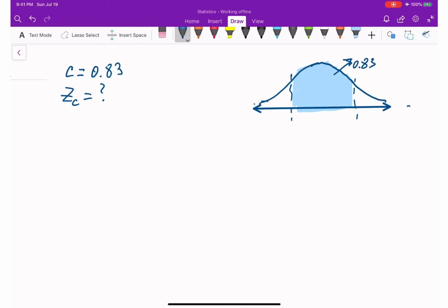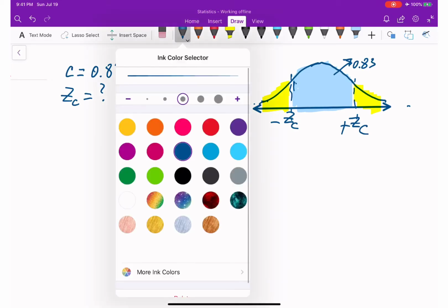Okay, here we have our z-scores, which in this case we call z-critical, because this confidence interval is separated from error. Error, those are two tails. Since we are going to have a negative z critical and a positive z critical, and 0.83 is between these two tails,